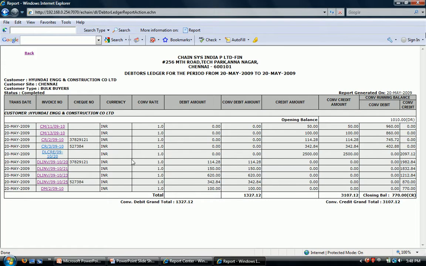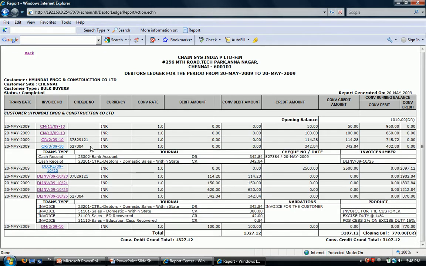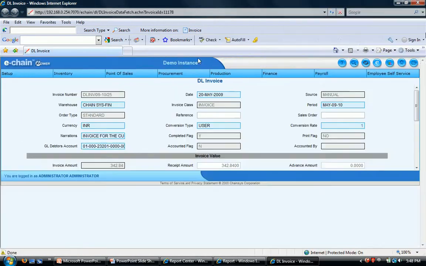Here you can see Debtor's Ledger report for this customer. Got all of the appropriate information here, check numbers, currencies, the amounts, and then of course closing balance there at the bottom. But here I can actually drill down, and through this report I'm able to see additional information, as well as navigate to the actual screen, Debtor Ledger invoice screen,